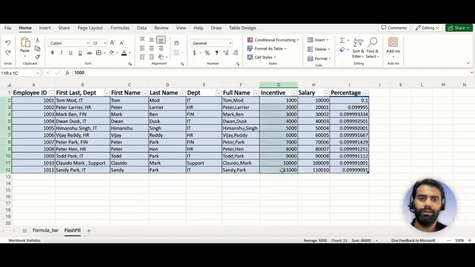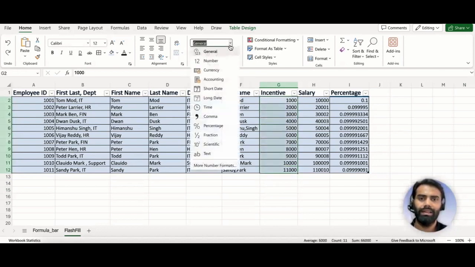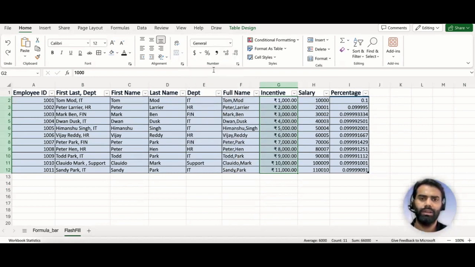So what I will do, I will select the data and change the currency. Which currency do I want to select? By default, I have selected Indian rupees. So it has selected the value by default, and the value still remains the same. There is no change in the actual value,